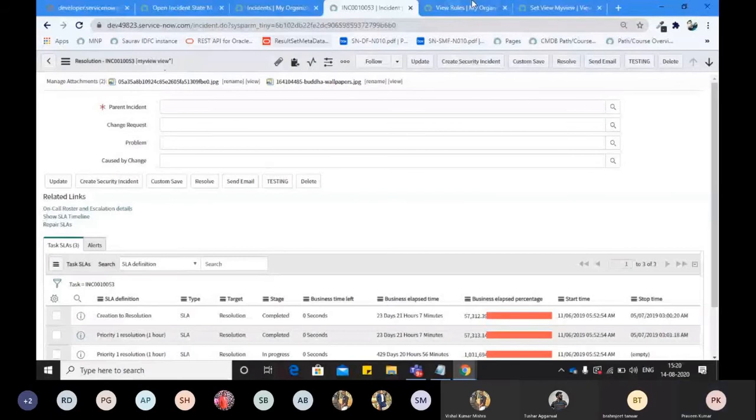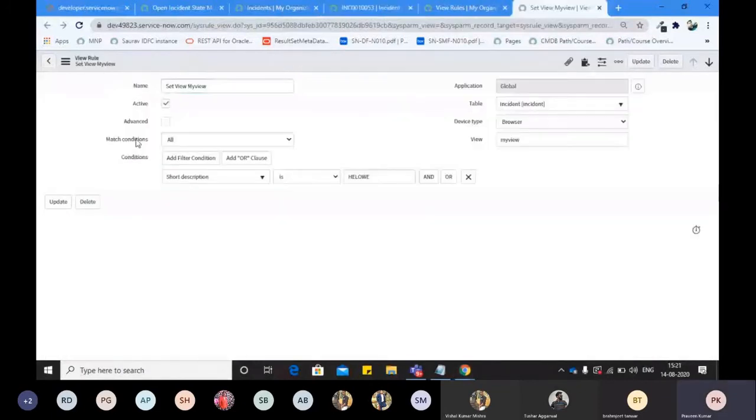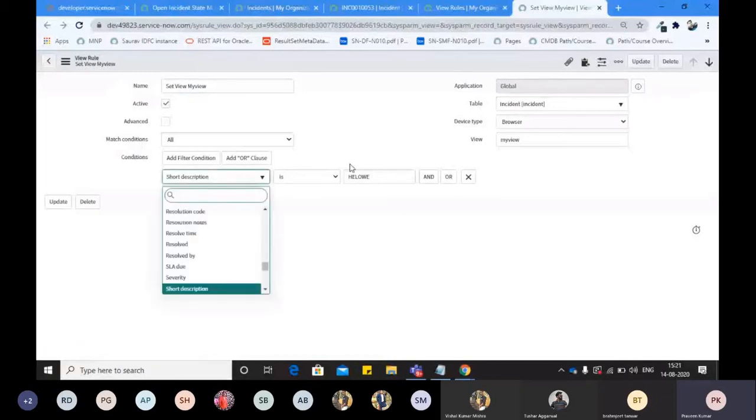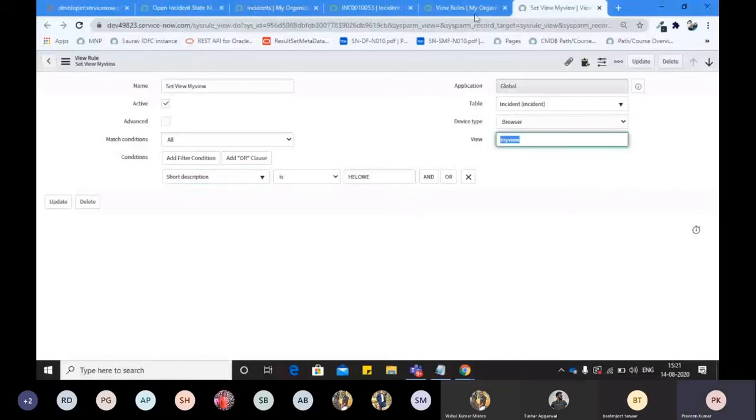Let me show you the condition we have put here for now. I have created a view rule, and what I am putting here is: if short description is hello v, what should my view be? The view should become my view, and this view I get from the table.